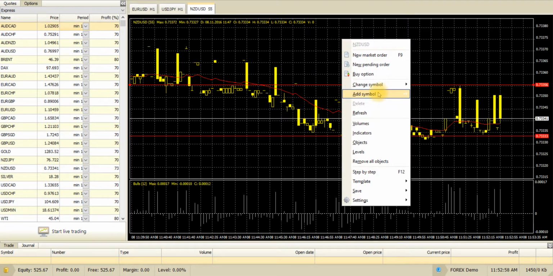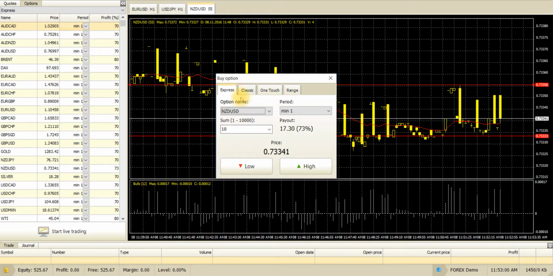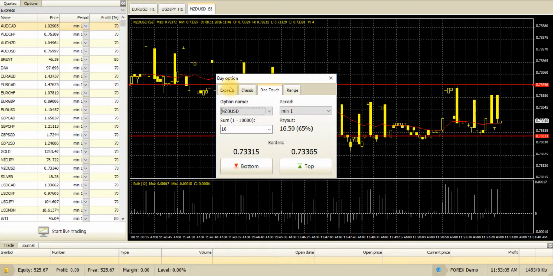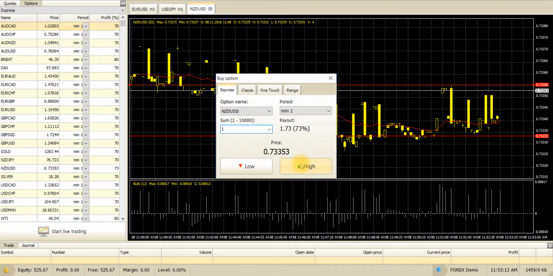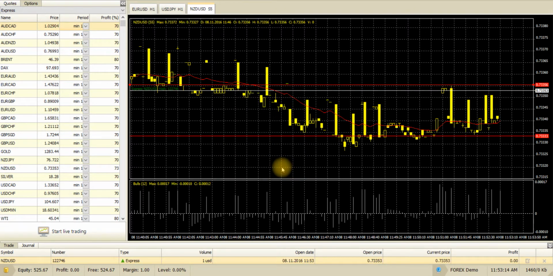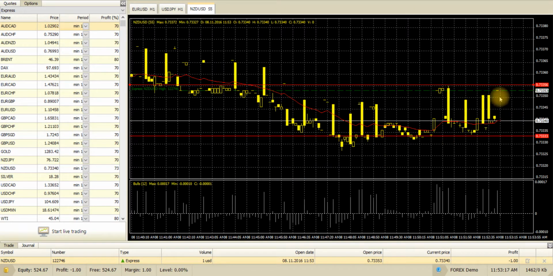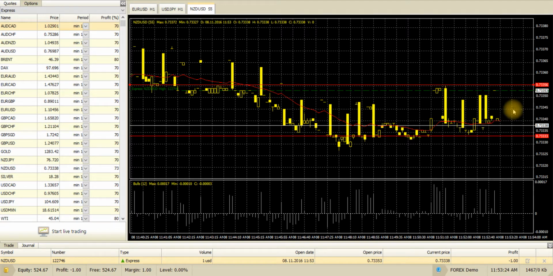So we could buy, express. So there's 4 different types of options. In this case, we could expect a break higher in 1 minute. It means it has to get up to here. All right. Now, for a minute, luckily I only put up $1,